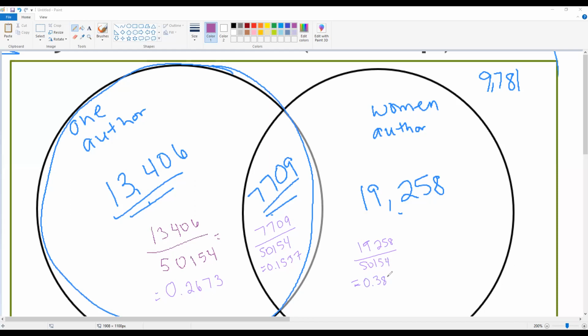0.38397. So that's going to round up to 0.3840 because we got 0.383977. And we're rounding to 4 decimal places. So we're looking at this one right here. So the 7 bumps the 9 up, and because the 9 gets bumped up, the 3 gets bumped up as well. And the last one, 9,781, again over the total number of articles, 50,154. And when we plug that one in, we get